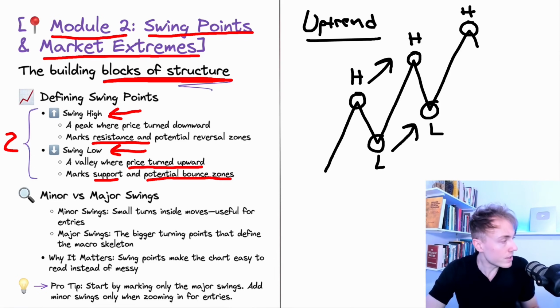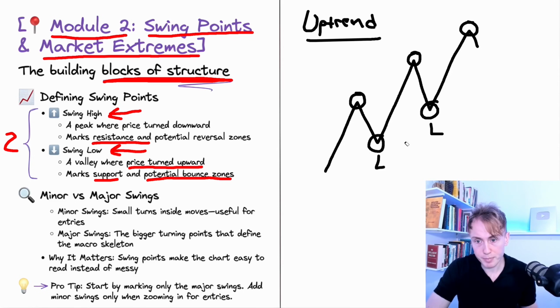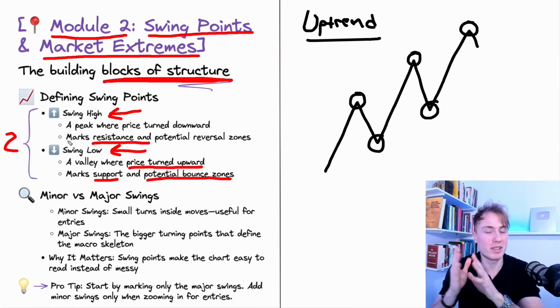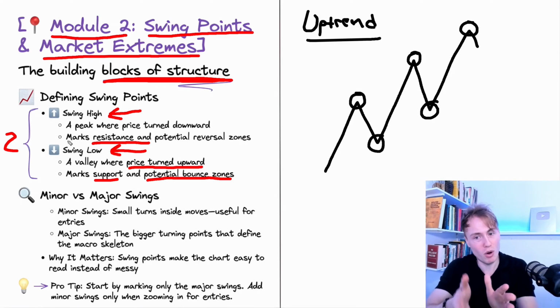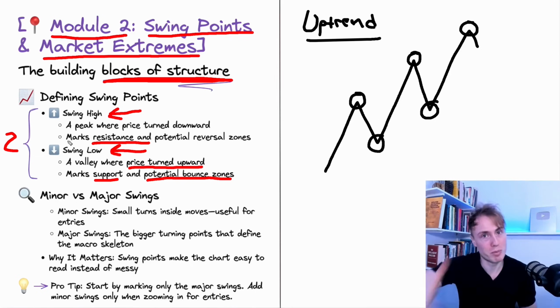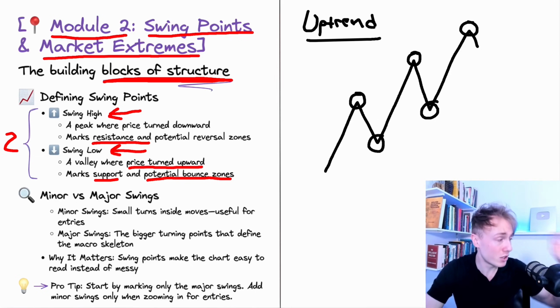But here it starts to get a little bit more complicated because markets, as you probably know, are very seldom this simple. They are not always perfect uptrends or perfect downtrends, because within each swing,